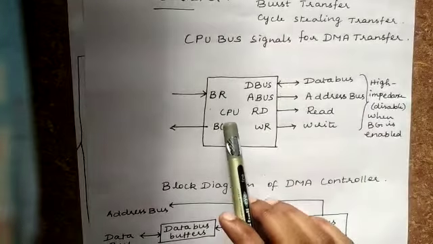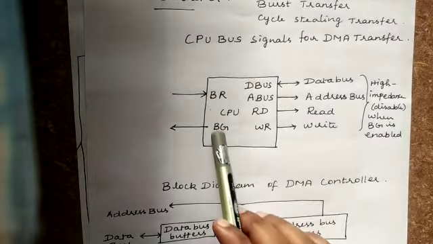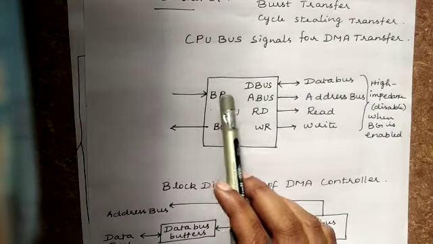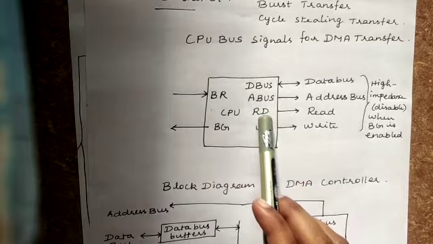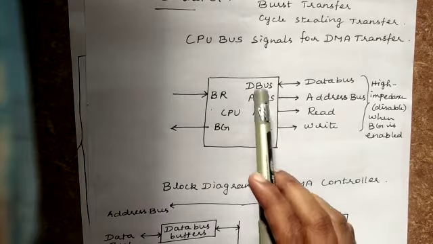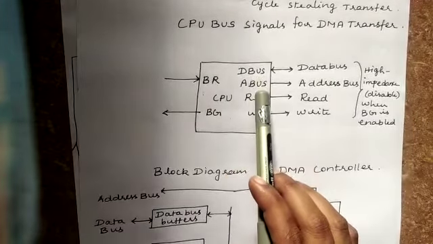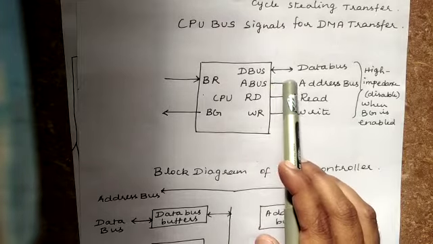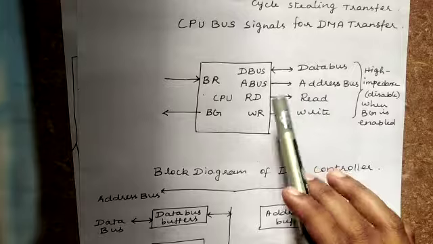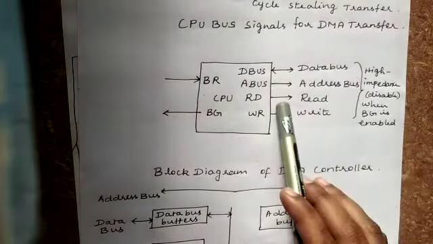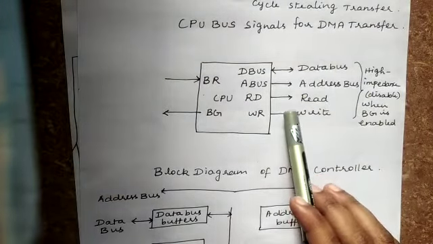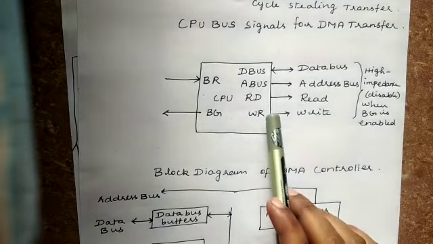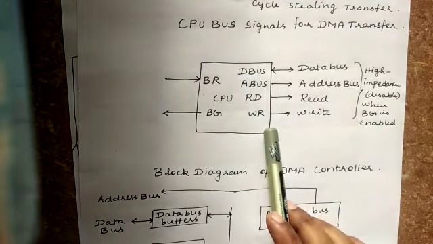Next, we will see the bus signals that we have in the CPU. In the CPU, we have the data bus, address bus, read line, and write line. You all know that the data bus and address bus are used to transfer only the data and the address to any other device. Only with the help of these two buses can we perform it. And the read line and write line indicate whether you are going to perform a read operation or a write operation.